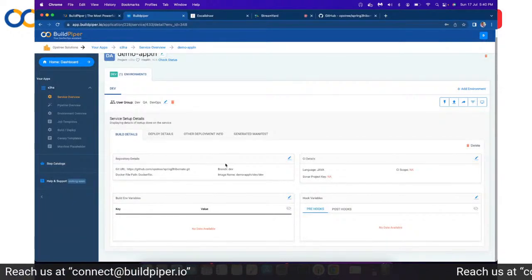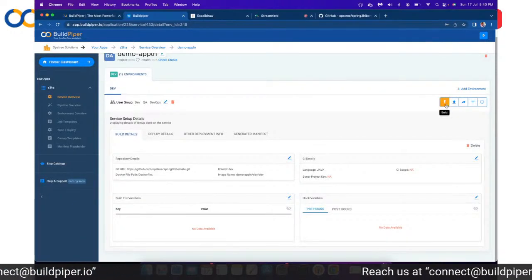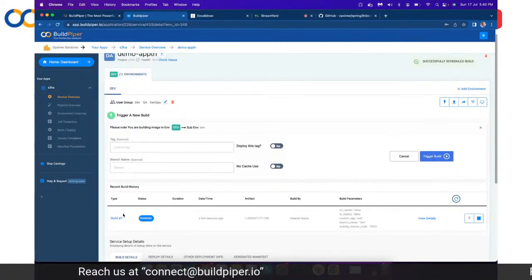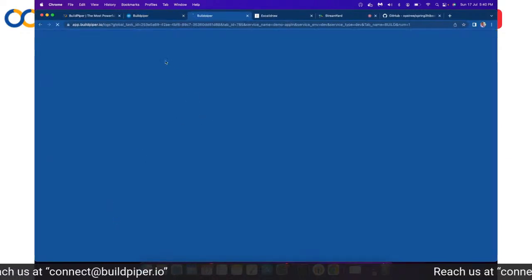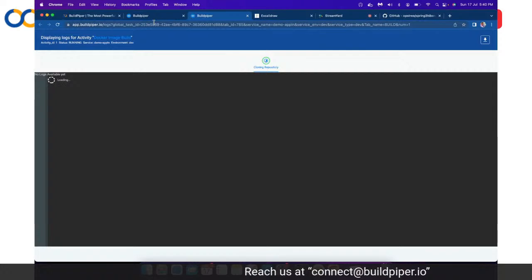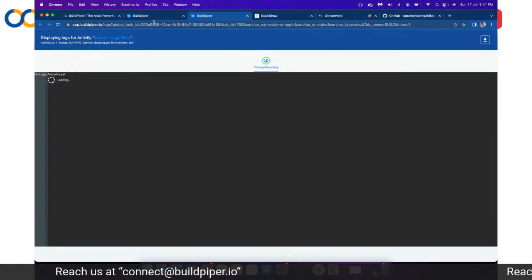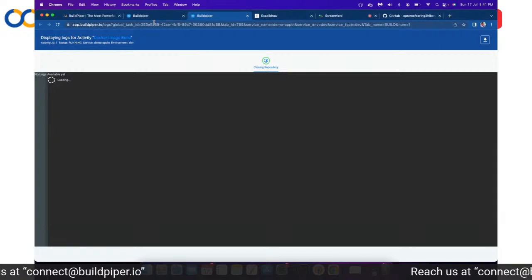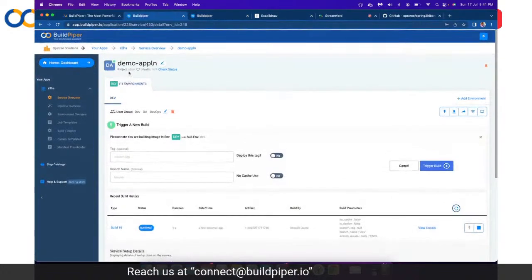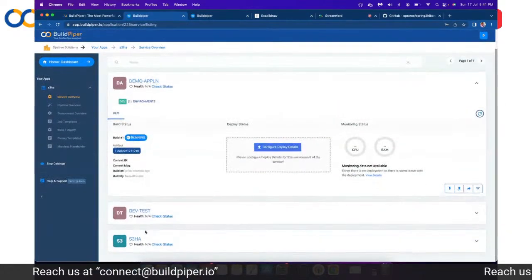right? And once your build details have been configured, you click on the icon of build, right? You click on it, and you trigger your build. And once you trigger your build, in the build section itself, you can check the logs which are getting generated, right? So the most beautiful nature of BuildPiper is that for each and every step which is getting executed while you are performing your build, or your CI sections, logs would be getting generated for it, right? So let's say I go to any of my existing services,